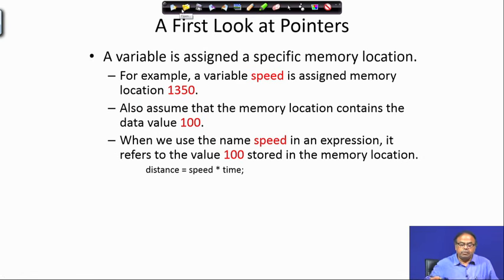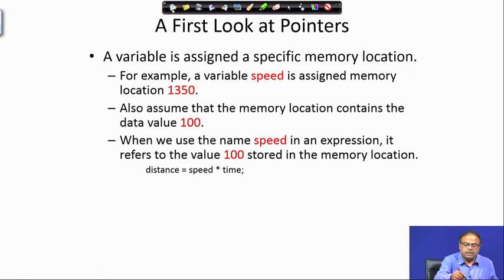Now, we come to something that we evaded till now. Pointers have got a big role in C programming, but we will just have a very simple look at pointers. Here pointer means basically address, all right. So, please forget about the title for the time being. A variable is assigned a specific memory location, that we know, and that memory location is assigned by the compiler.